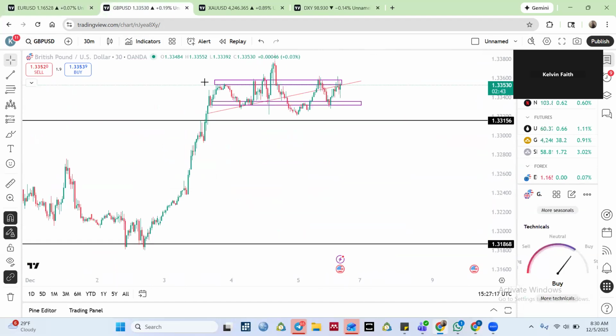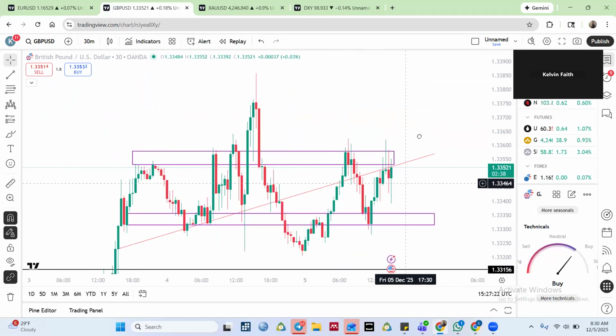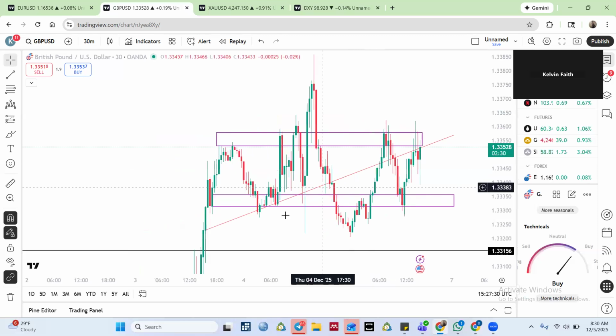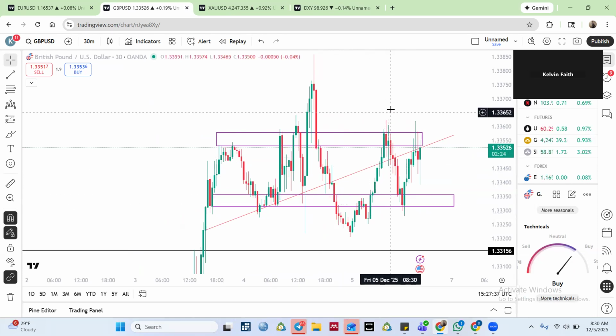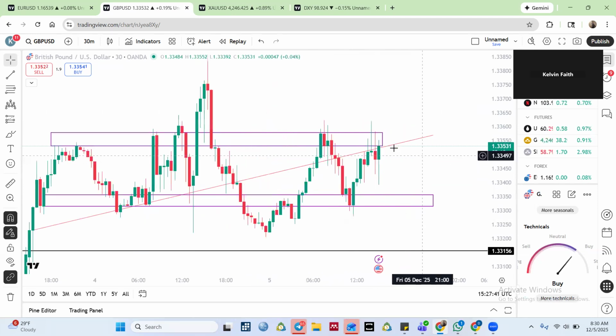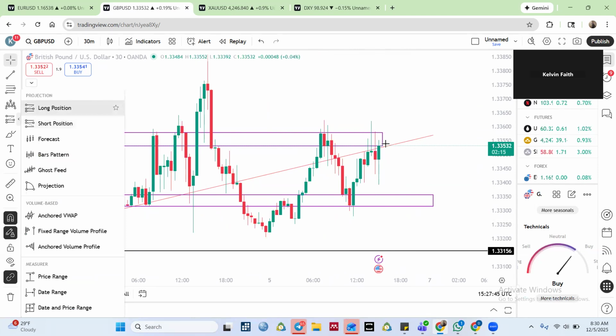And GBP USD, the same thing. Price was looking good, pointing up. Okay, so I can see price drop to retest again. If it stays above my trend line, so this was like a head and shoulders reversal pattern, but price pushed up to go above the neckline, dropped down again. If price stays above the neckline, we'll have a bullish market.